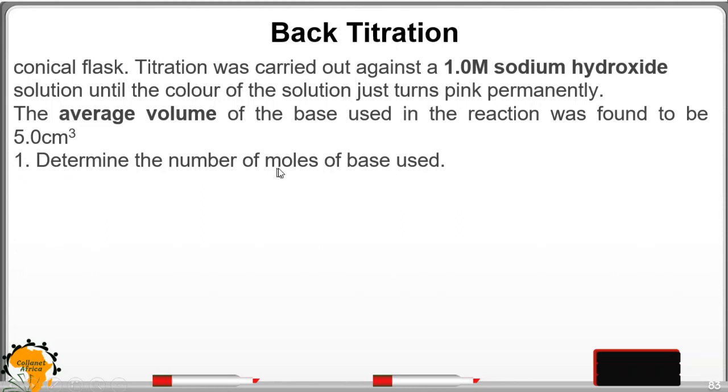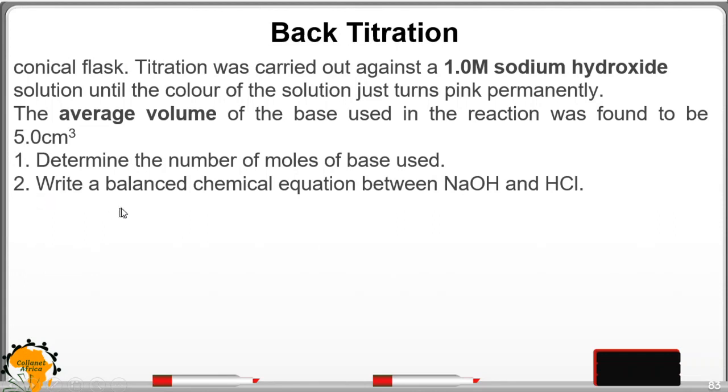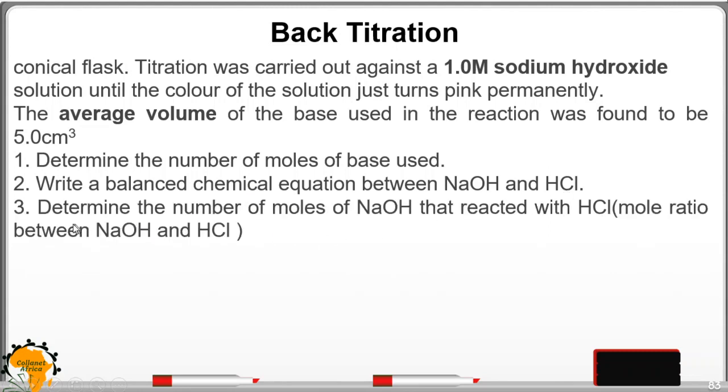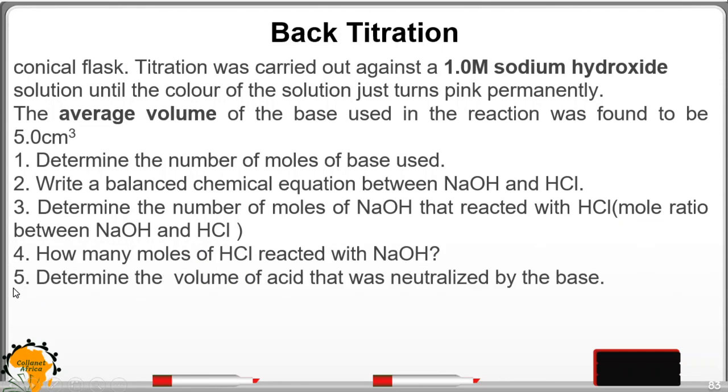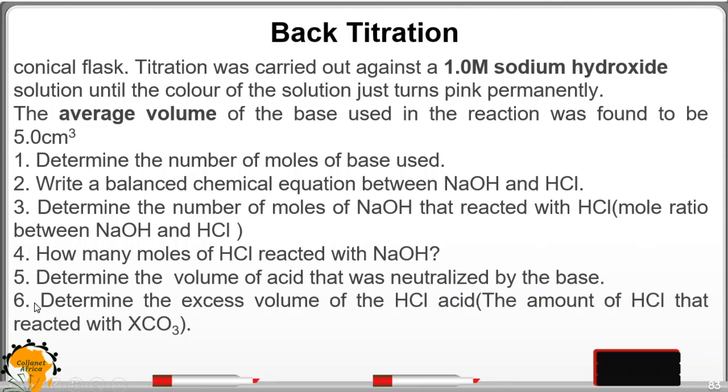1. Determine the number of moles of the base used. 2. Write a balanced chemical equation between sodium hydroxide and HCl. 3. Determine the number of moles of sodium hydroxide that reacted with HCl, that will be the mole ratio. 4. How many moles of HCl reacted with sodium hydroxide? 5. Determine the volume of the acid that was neutralized by the base. 6. Determine the excess volume of HCl acid, and this is the amount that reacted with X carbonate or the